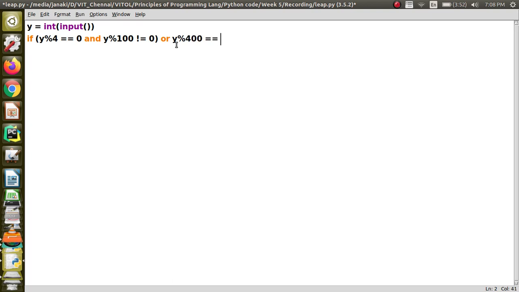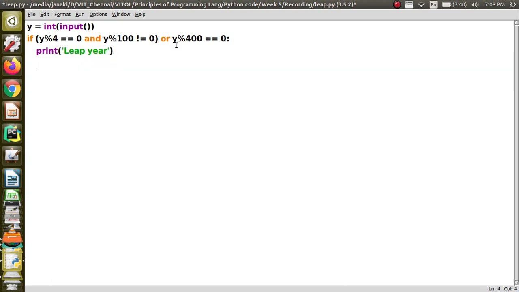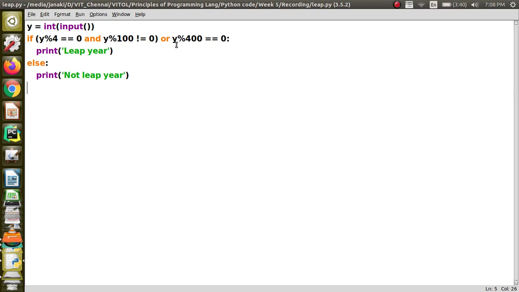In that case also you can say that it is a leap year, so you print leap year. If this condition is not satisfied, else, which is used for otherwise, you print not leap year. So this is the code.